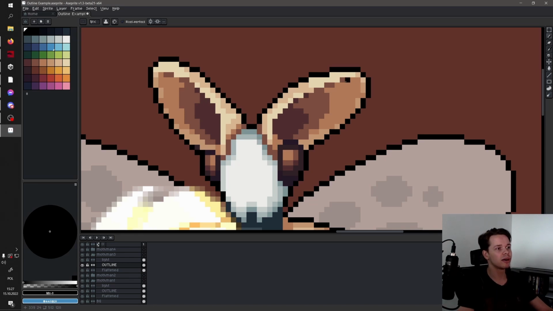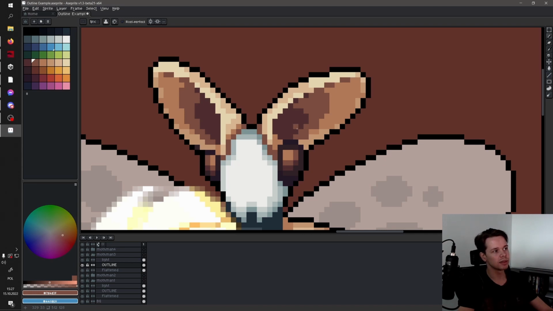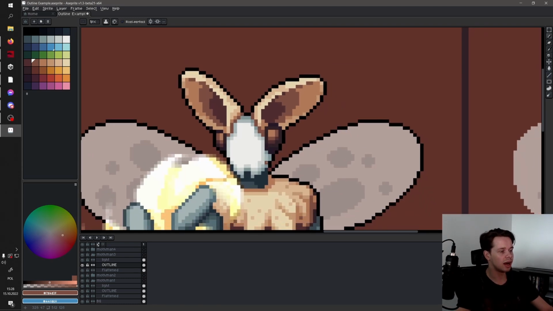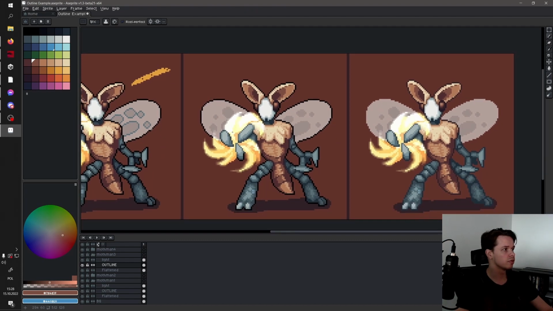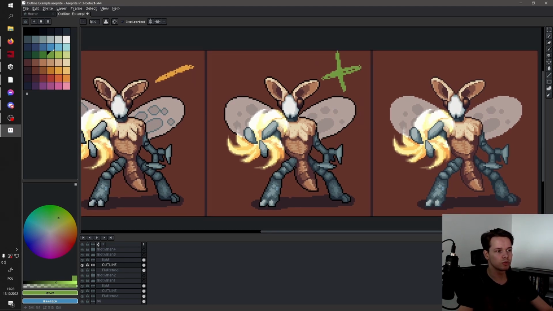I can do a partial outline so that the shadow is regressing here, but it's just how the light affects the ear the character has, and not really the outline. So this one I would rate it's good. It's a stylistic choice, and also what you can do with this